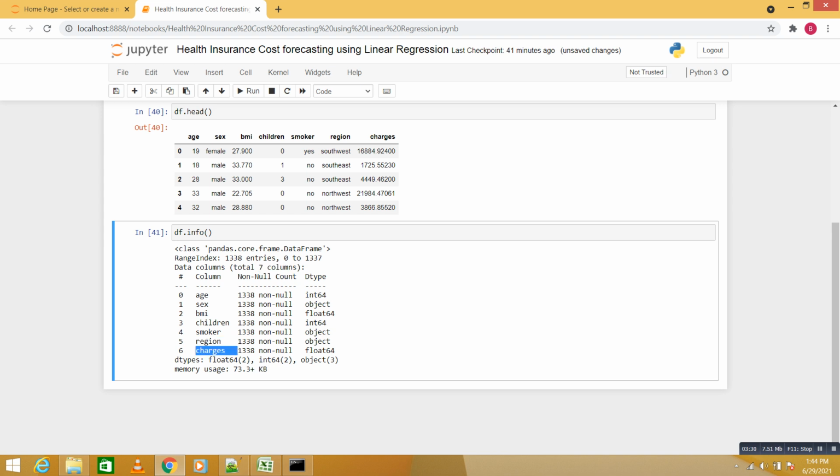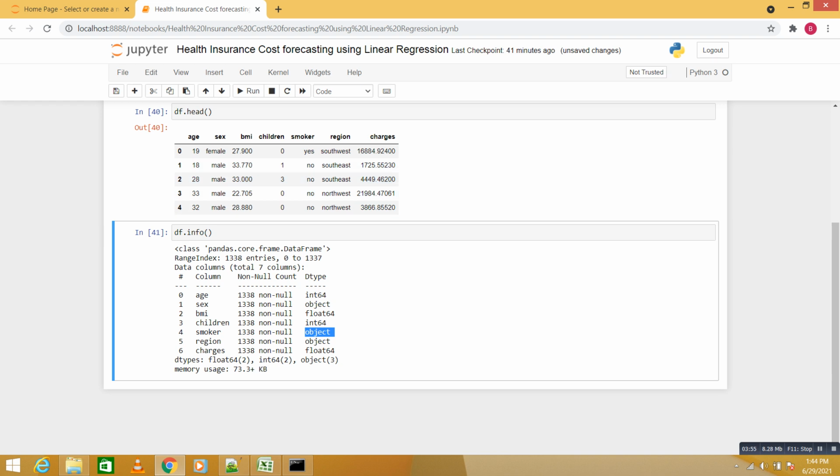Sex is an object, which is nothing but a categorical column, with male and female as categories. Smoker is categorical, with yes and no data. For region we have 4 different regions: southeast, southwest, northeast, and northwest.